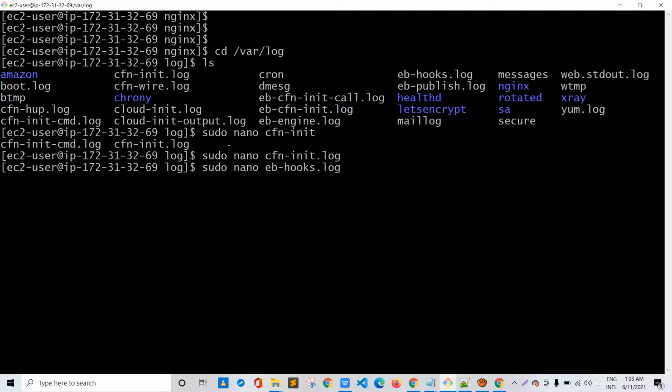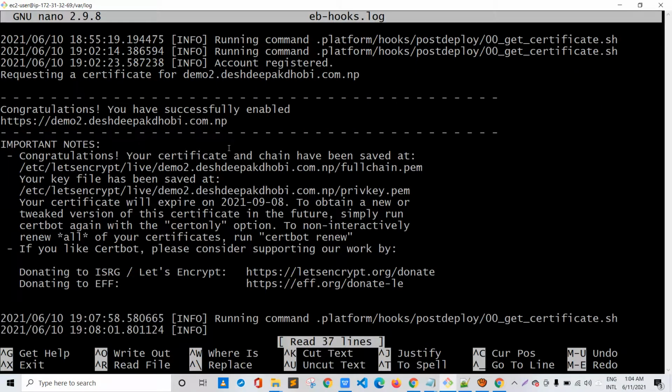So this is the full log file that contains deployment steps related to the hooks. So for us, the hook was inside the platform /hooks/postdeploy folder, and the file name had a .sh extension, and we had a specific Let's Encrypt, or we can say Certbot related configuration file inside it. So let's see if that executed or not. So that file was the main file. So yes, we can see that congratulations, you successfully enabled HTTPS for your domain name. And yes, it says the congratulations message.